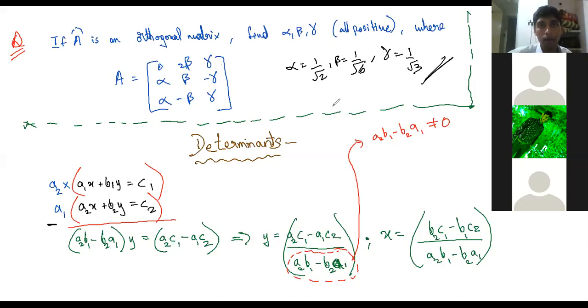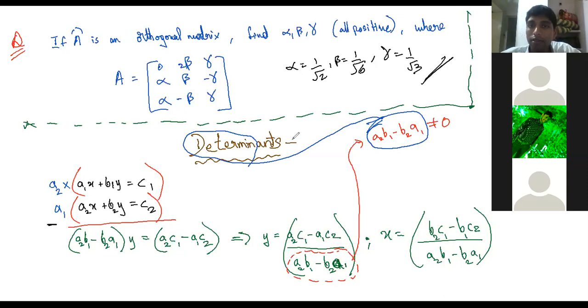Now this particular quantity is determining whether the solution exists or not. Since this determines whether a solution exists or not, this is called the determinant. Because it determines, it's called determinant. Understanding the etymology is not the point here. This is determining whether the system has solutions or not. Therefore, this is called the determinant of the system of equations. Okay?